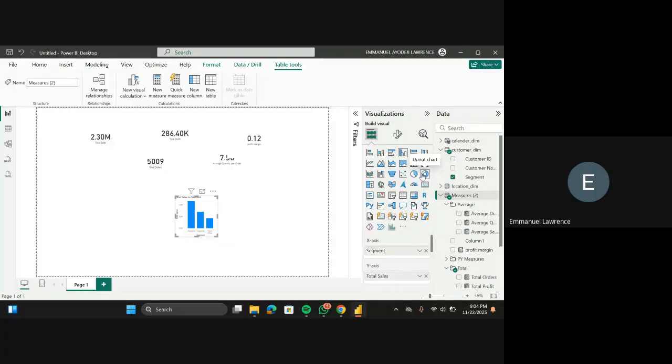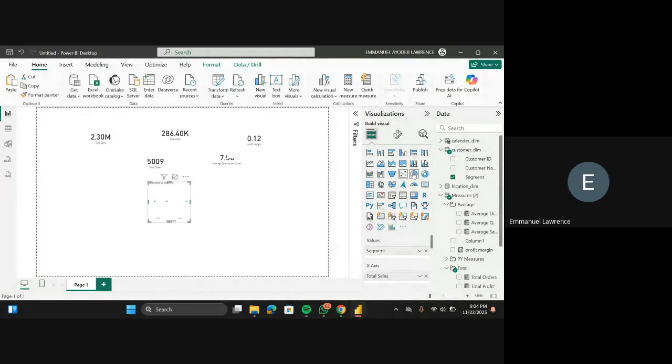Don't just pick any chart for your dashboard. I don't want to see something like this. If you are using maybe a scatter plot for this kind of visual, or a line chart, sometimes I say a lot of things like this, your dashboard should be as simple as possible that even a layman can understand what you're trying to build. Don't just build something that once I look at it at first glance, I can't even tell. I have to start squinting my eyes to know what this is trying to tell me. So your dashboard should be easy to understand at first glance.